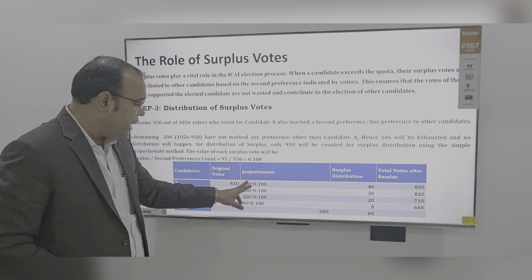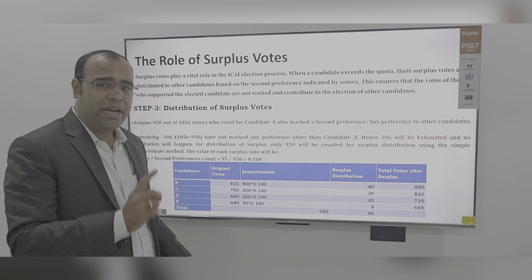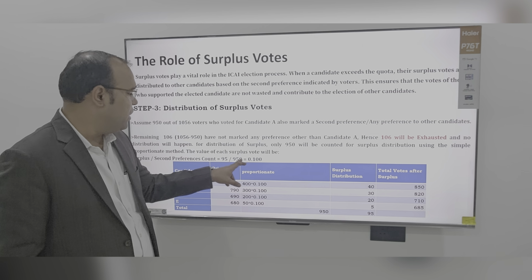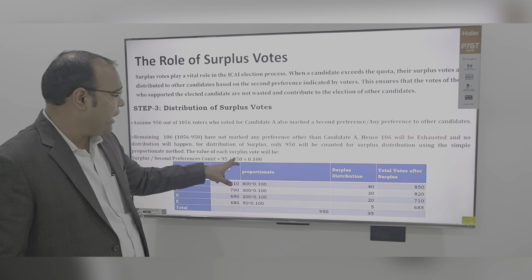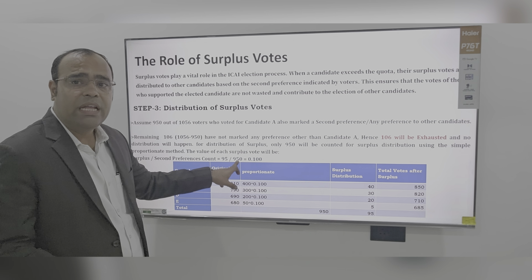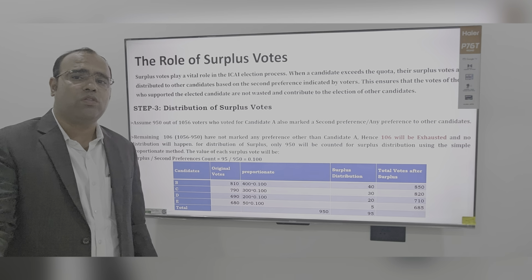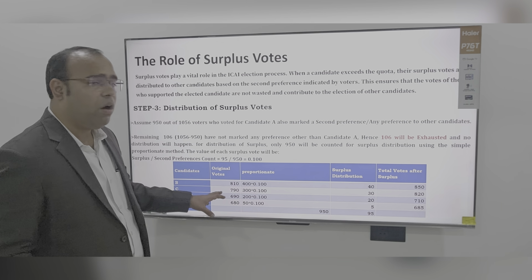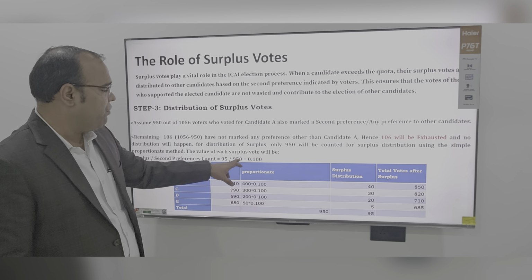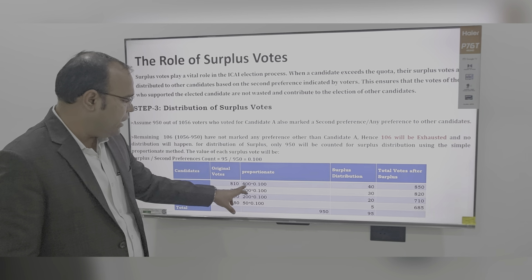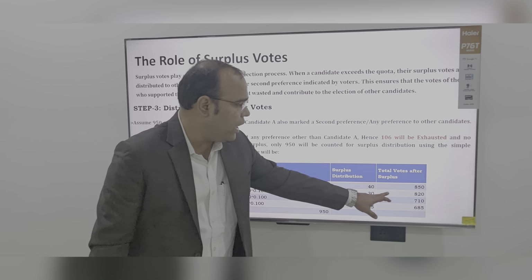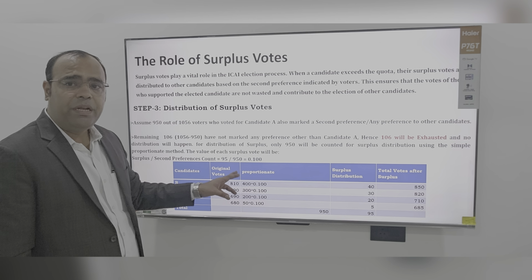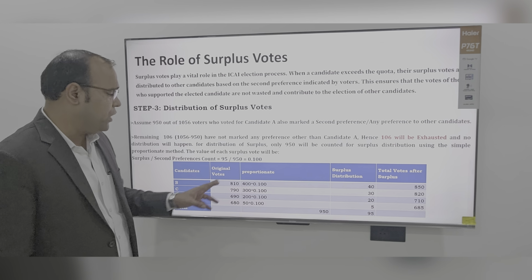So we will use this proportionate to transfer 95 in this fraction, because 95 needs to be divided out of 950, because 950 are only voters who told that some other candidate apart from A also needs to be declared win or best preferred. Hence 95 by 950, that is 0.1, is this proportionate. So this 95 will be distributed to the other candidates, hence it will be added to the first preference vote.